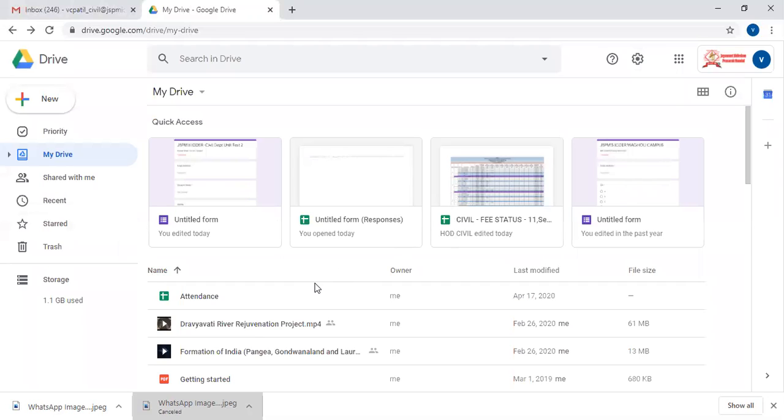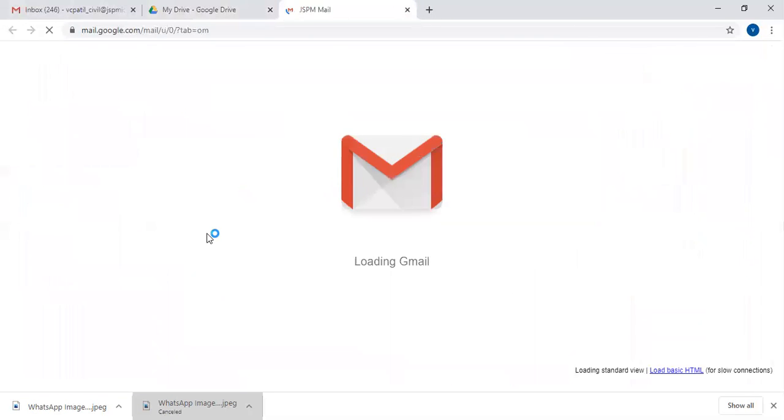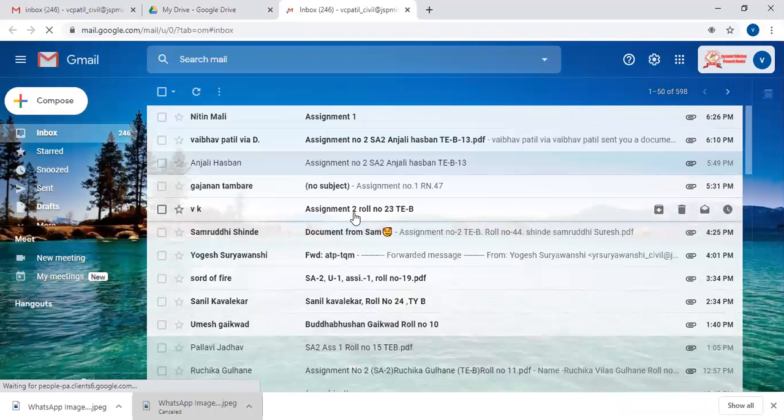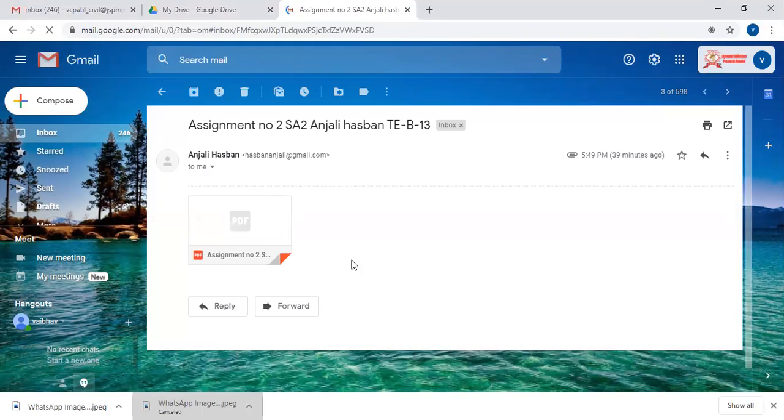Then I want to select the PDF. Go to Gmail, my email ID, and take any one PDF of a student. Suppose Anjali Shinde is the student of TEP, roll number 13, whose assignment has been submitted. I select it and use the add to drive option, so add this PDF to the drive.